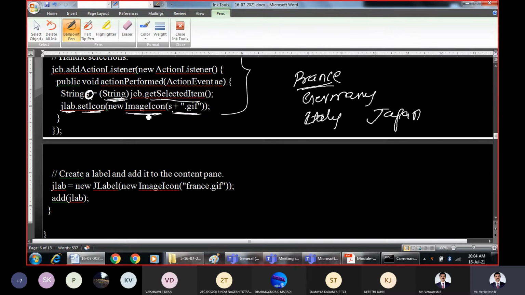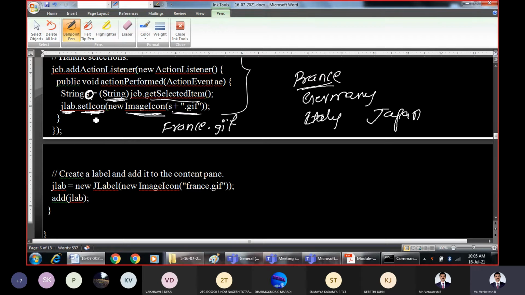Then for the ImageIcon, what parameter are we passing? s concatenated with .gif. What is present in s now? In s, we have France, so France.gif. This particular image is being passed as a parameter to the ImageIcon. So it is going to create an icon-based image, or it will make use of this image to create the icon. And then that newly created icon is passed as a parameter to the setIcon method of the JLabel.